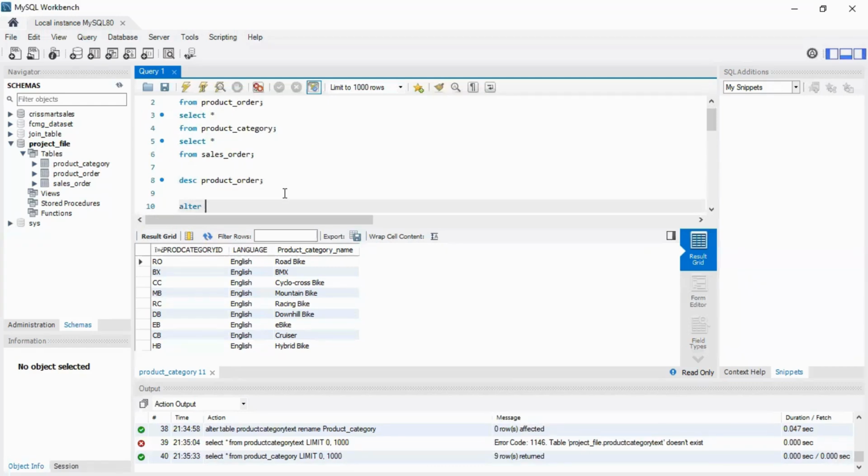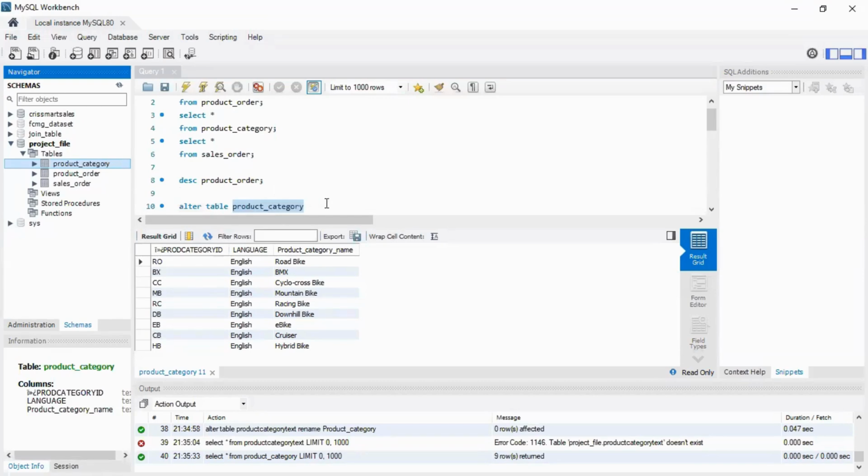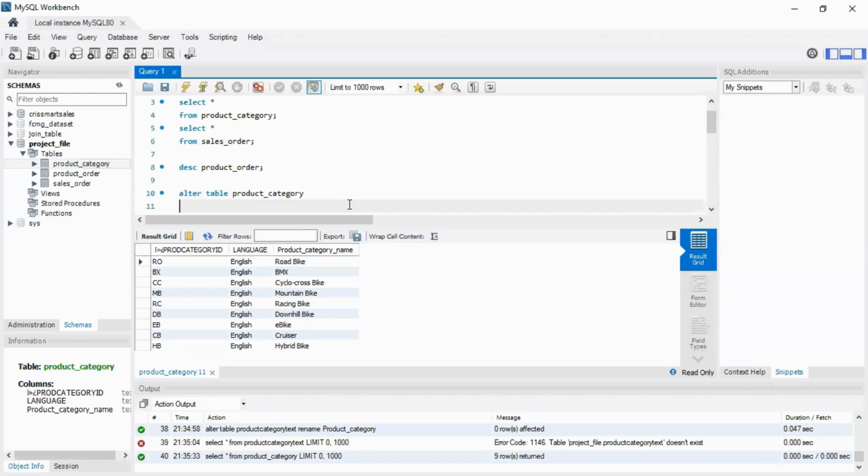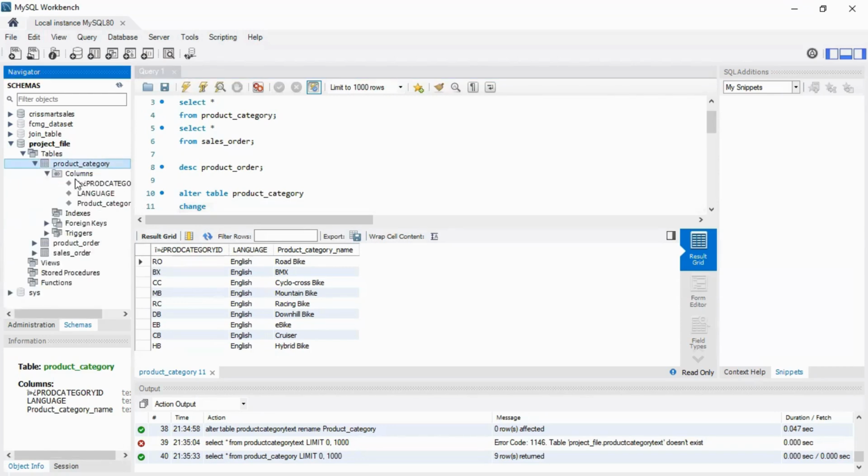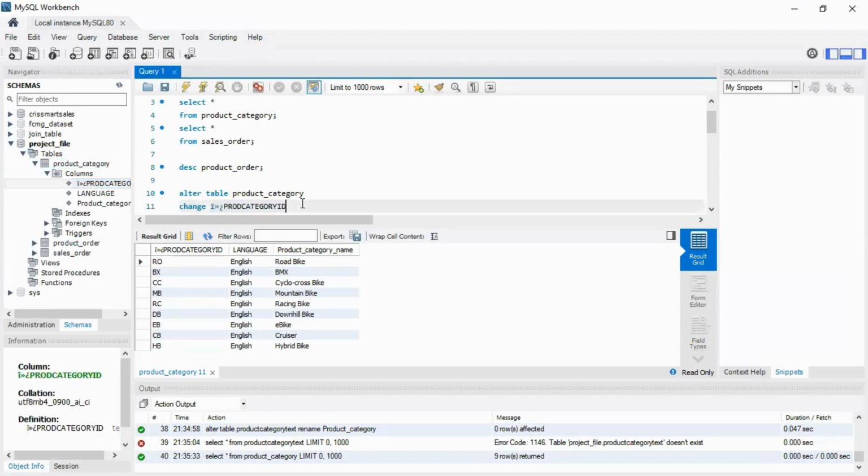How do we do that? Alter table. Which table are we altering? We just drag it and put here. Simple. Instead of typing it. What do we want to do? We want to change. What do we want to change? So we need to open the table, open the column. We want to change this name. Put it here. What do you want to change it to? You type what you want to change it to. Products. And the convention we are using is camel case, right? Product category ID. Great. Then, because we want to rename all of them, 3 of them, let's just put comma